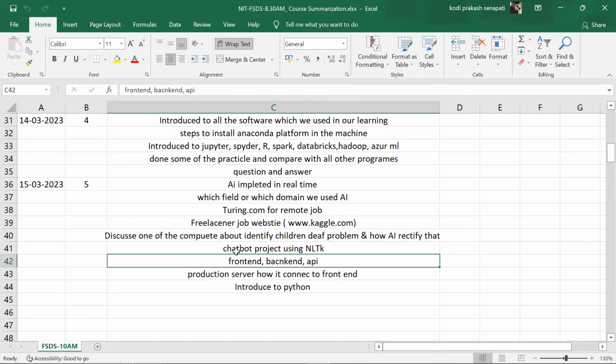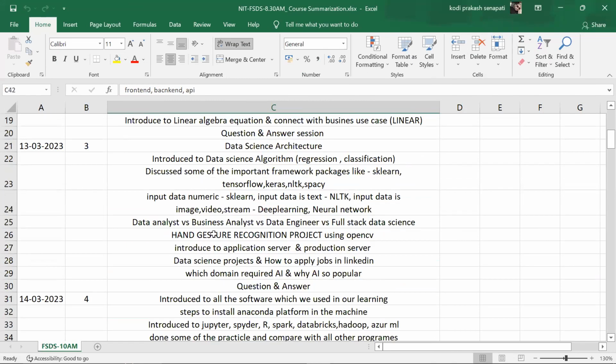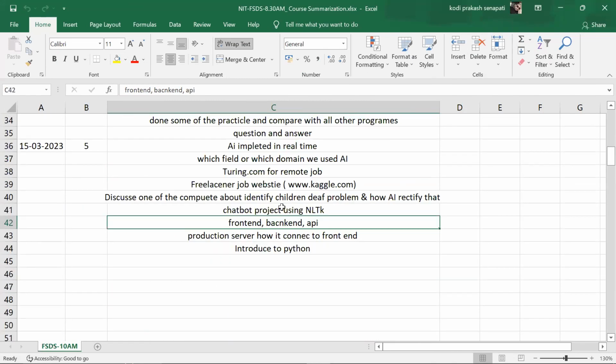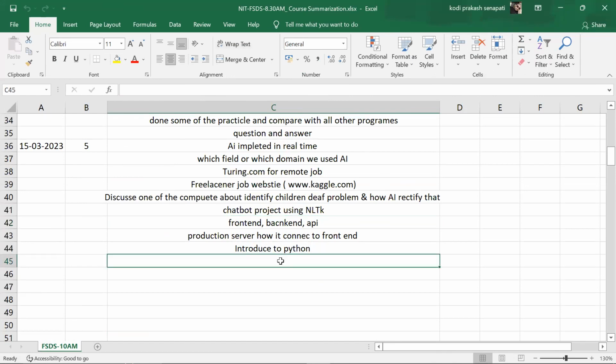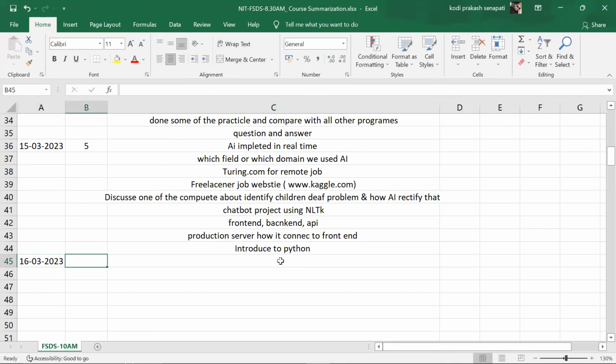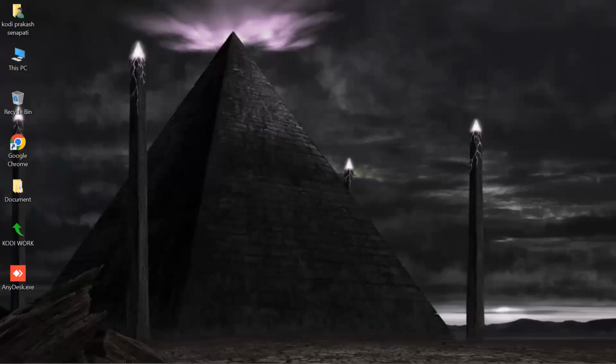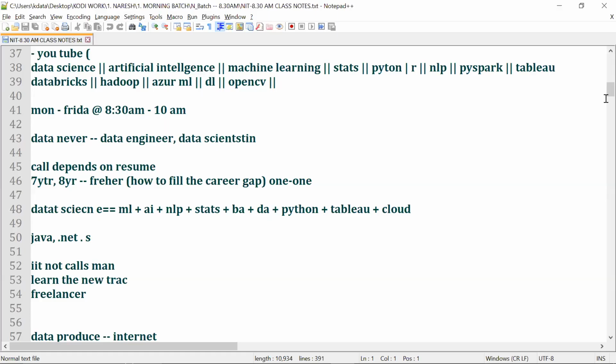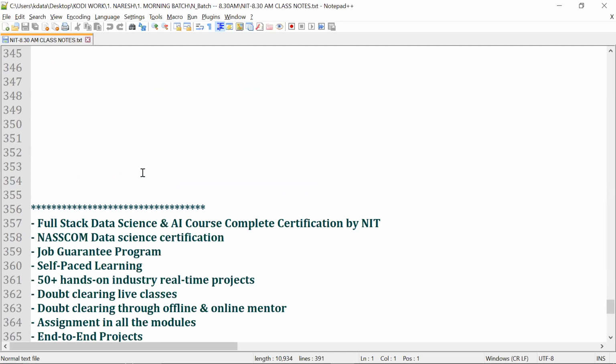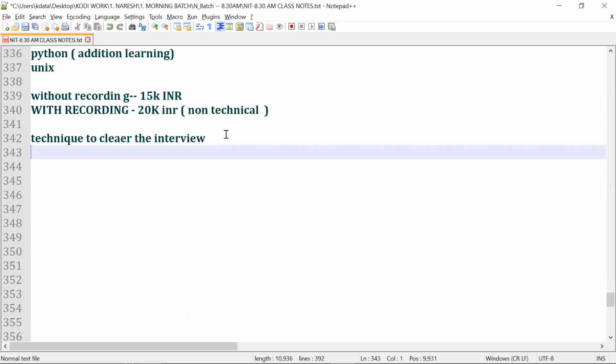So what we covered in these many days, I gave all the detailed documentation, and these are the concepts we covered every day. Understood? Today is the 16th day and the 6th day of the demo, and I will share all the recordings with you. Let me scroll down. I will brief all those things, and then we continue the Python programming session.